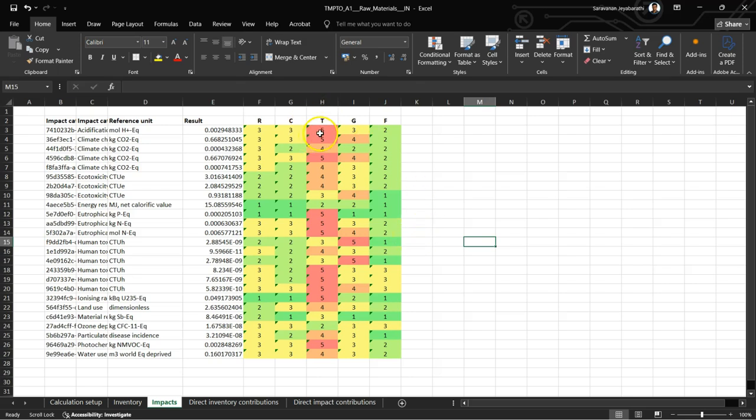So here you can see all the other criteria are fine, 3 and 2 and 1,